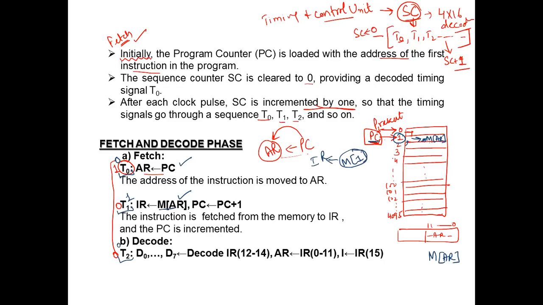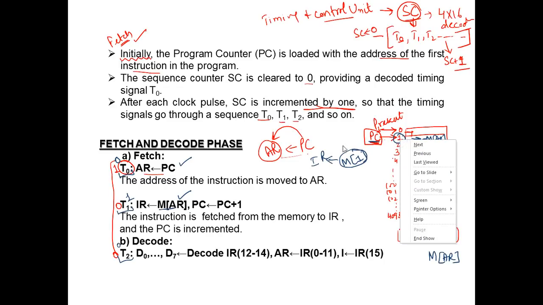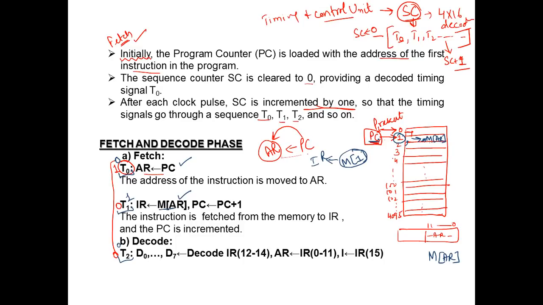Second is that this program counter's address has already been used. So now I need to increment the value of this program counter by 1, so that it holds the address of the next instruction. Okay, because the program counter has the facility to store the address of the next instruction. Right now we are executing this instruction, so definitely it will be holding the address of the next instruction. We are assuming that these instructions are being executed in a serial manner, right? That's why we are incrementing the value of the program counter by 1 side by side.